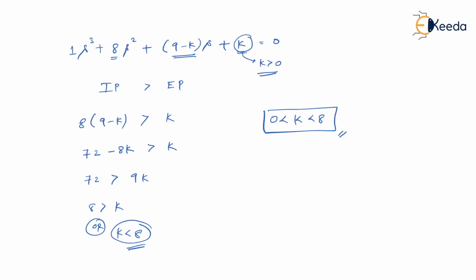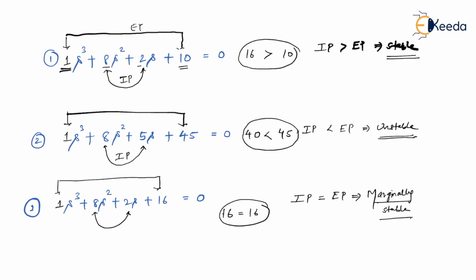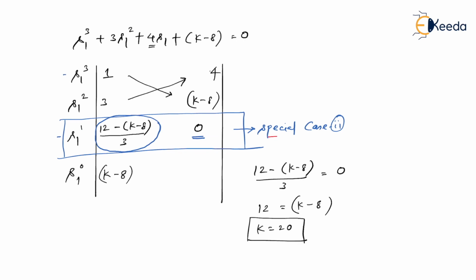So even for the second problem, we can apply the shortcut because the order of the characteristic equation is 3 only. Let's go back. If you remember over here, we wanted to apply special case 2. What is special case 2? Special case 2 means the poles should be on the j omega axis, isn't it? Or the system is marginally stable, because when poles are on the j omega axis, the system is always marginally stable. So you just try for the condition where the internal product is equal to the external product for marginal stability. If I apply that criteria, it is going to save your time. How? Look at this.